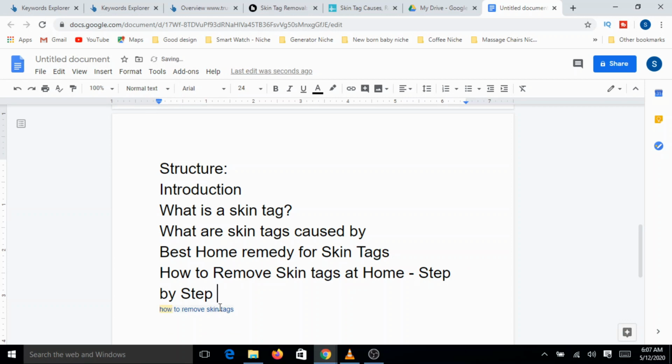Here you just mention what ingredients you use and the overview of the specific remedy that you are going to talk about, or if you have multiple remedies you list down 2 or 3 remedies. You can say top five best home remedies kind of thing. Then pick up one specific remedy and talk about it step by step.